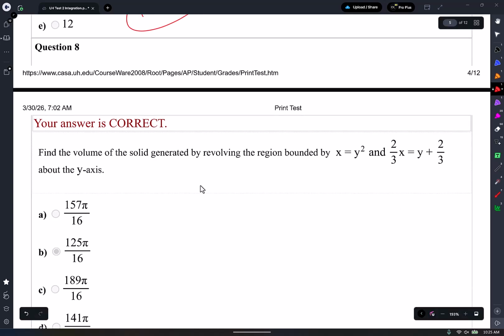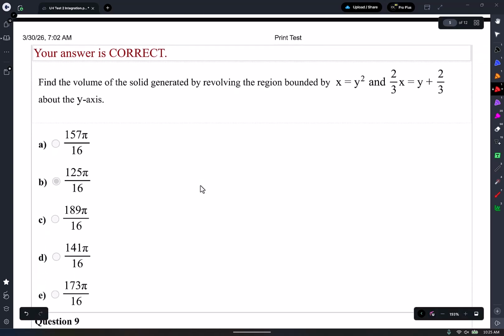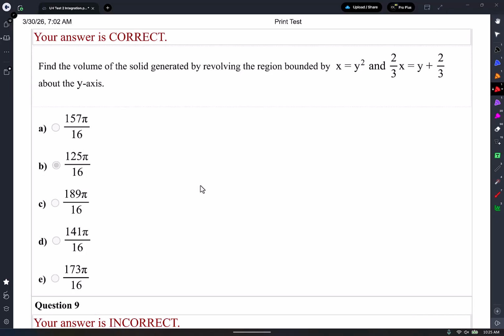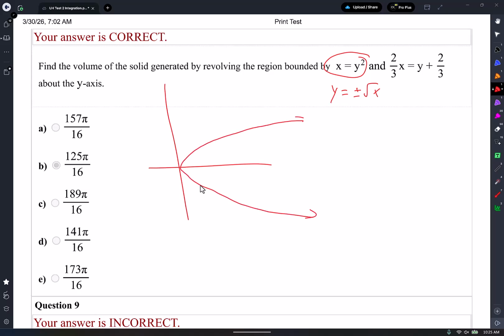Okay. Find the volume of the solid generated by revolving the region x equals y squared and 2/3 x equals y plus 2/3. Man, that one's a hard one. Find the volume of the solid generated. Okay. This is the same thing as y equals plus minus square root of x. So that looks like this. And this one is y equals 2/3 x minus 2/3. So that one looks like